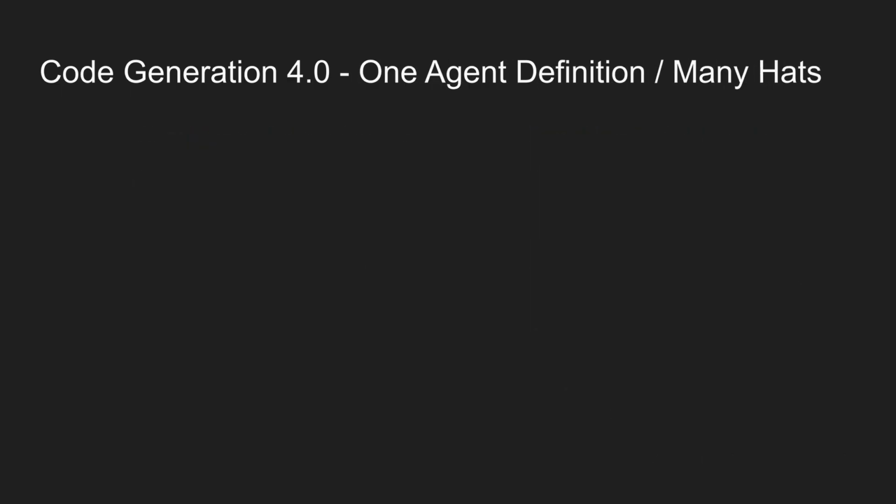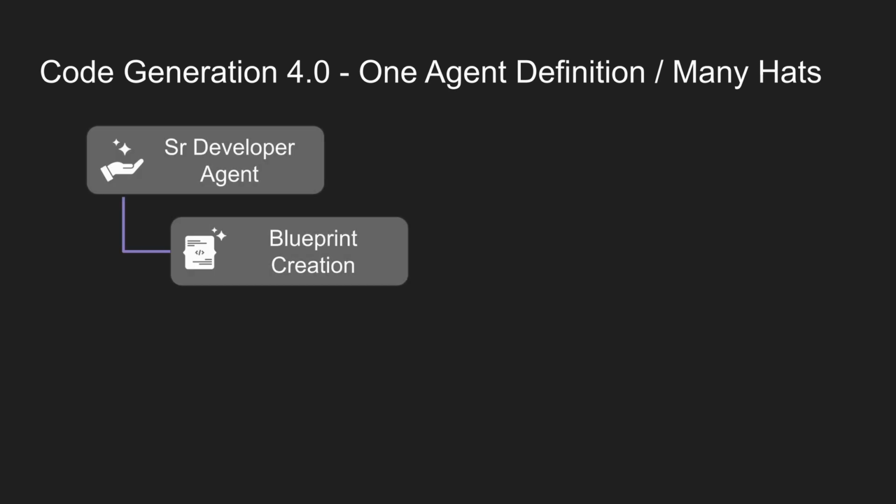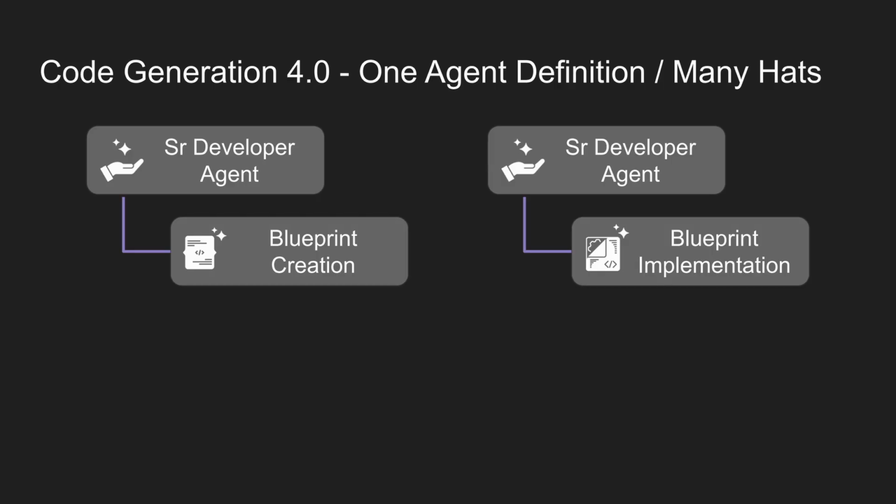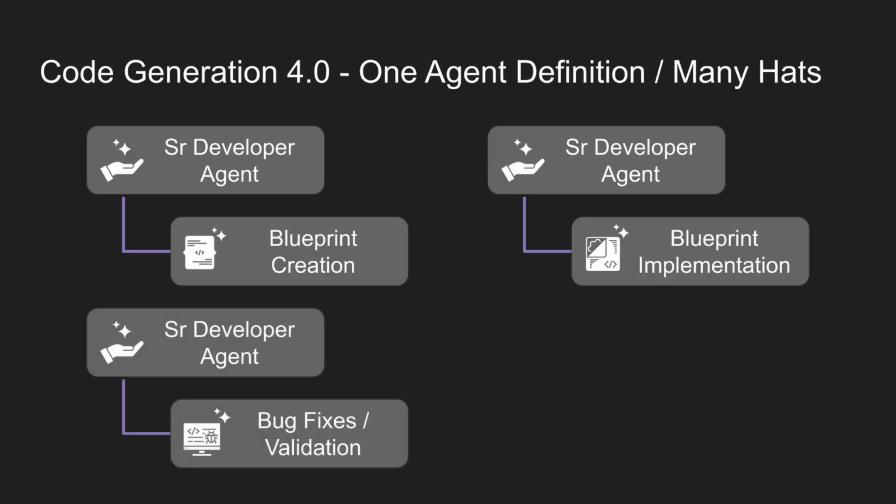After we finished that, we started building some other context files. So we have a blueprint creation context. We have a blueprint implementation context, and then we have a bug fix and validation context. And these are just our standard processes that we've been using, but now they're more codified as a job-specific or session-specific role that we can then start a new chat session, go do a very specific role, and then when